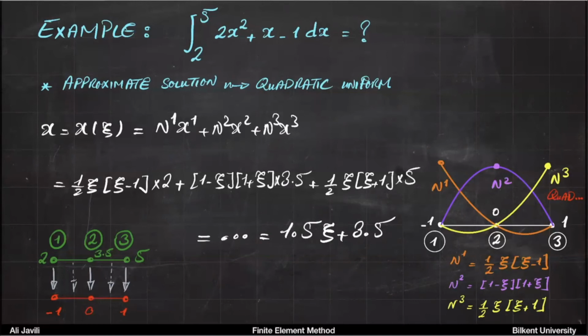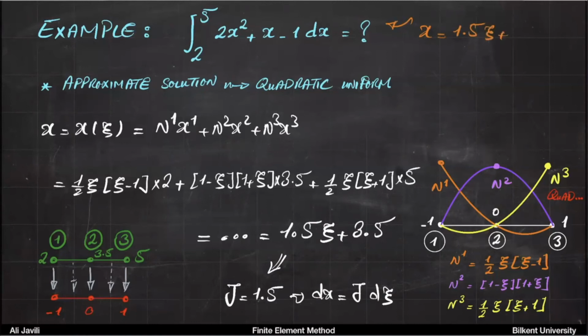So you end up with a constant Jacobian again. So that tells you dx would be again J dxc. And basically doing this, it brings you exactly to the same integral that you had before. Okay, so if you insert that here, x is 1.5c plus 3.5, and dx is 1.5 dxc. If you do that, again, you end up with an integral